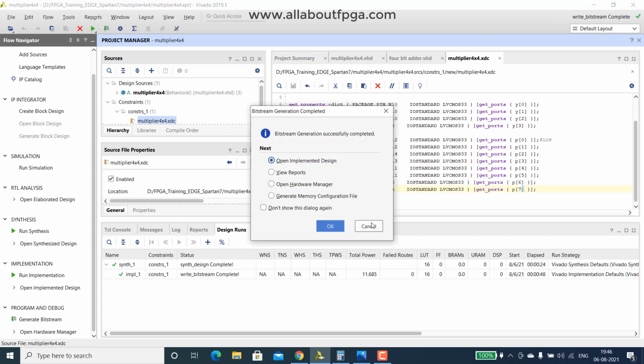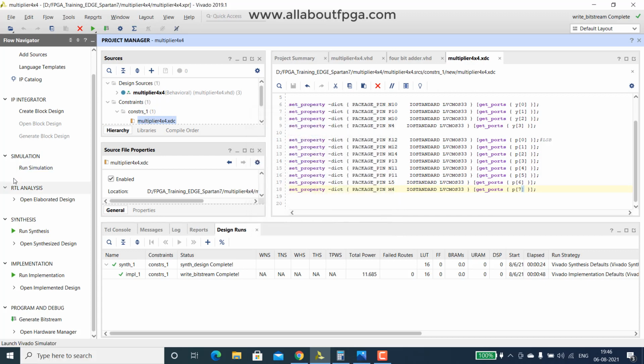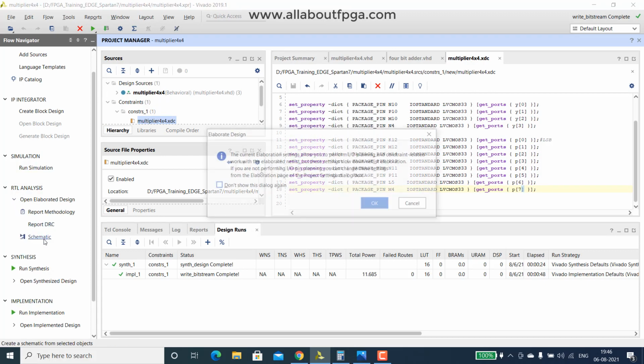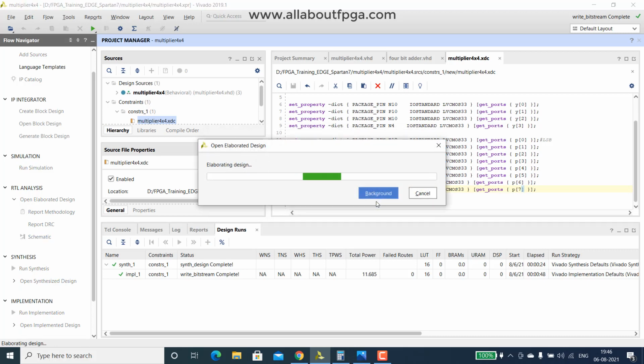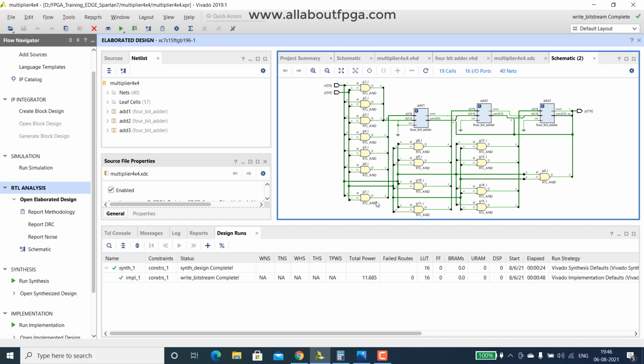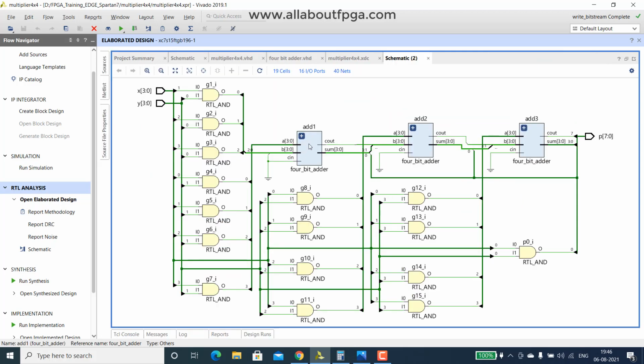We can now visualize the structure, the gate level schematics that was created. Here is the design. You can see that 3 four-bit adders were port mapped here with AND gates, G1 to G15 are there, and one AND gate is that product term P0.